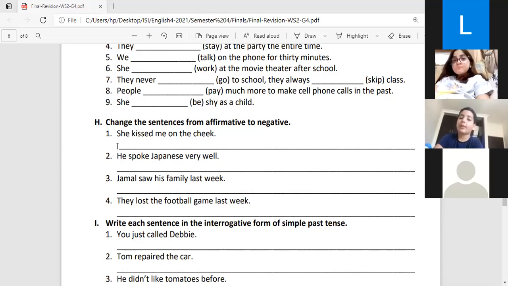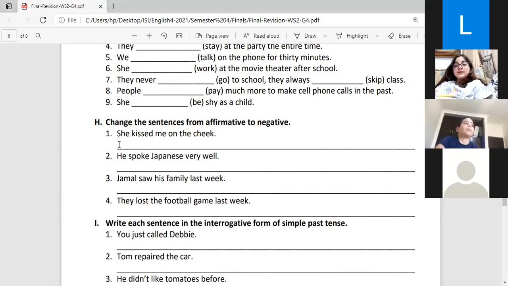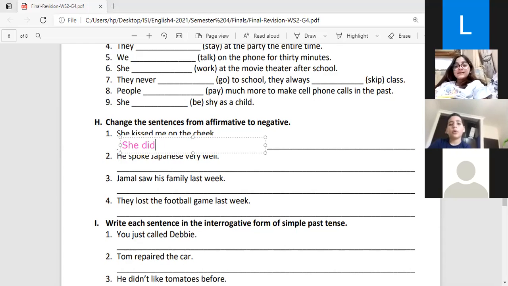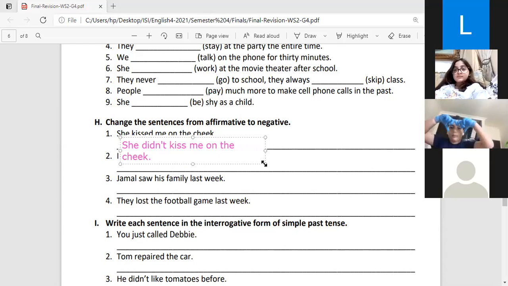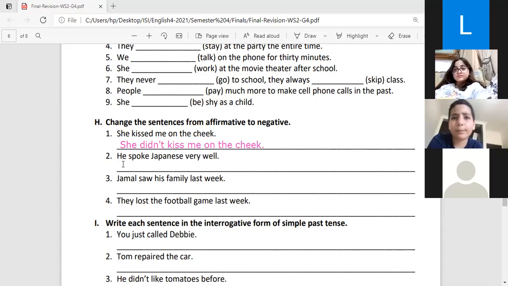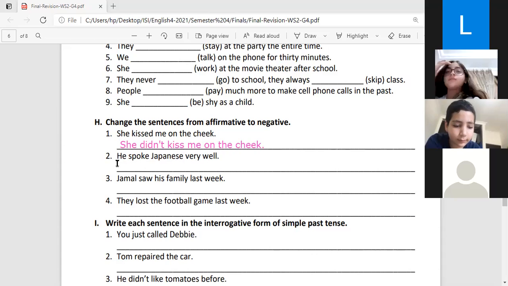She didn't kiss me on the cheek. Excellent. Clear? This is how I form it in the negative. She didn't kiss me. I have to remove the ED. He spoke Japanese very well. He didn't